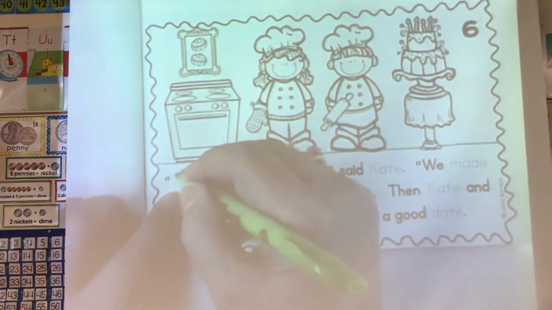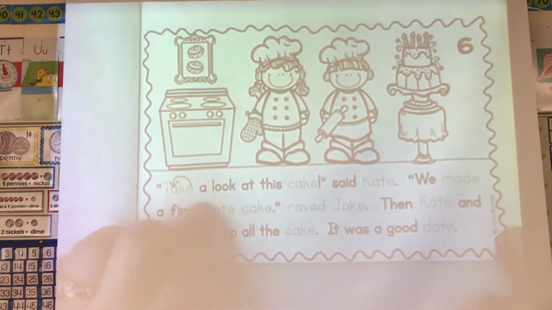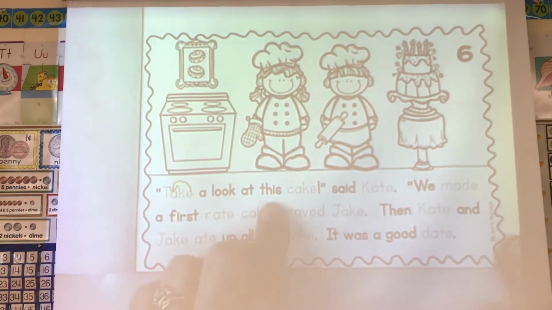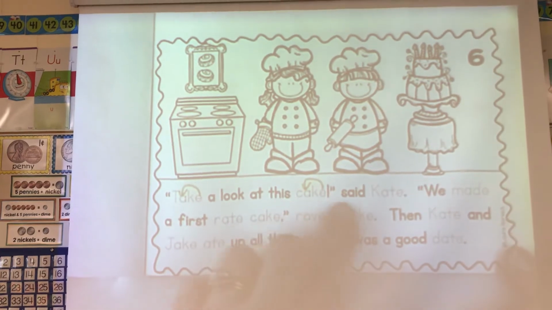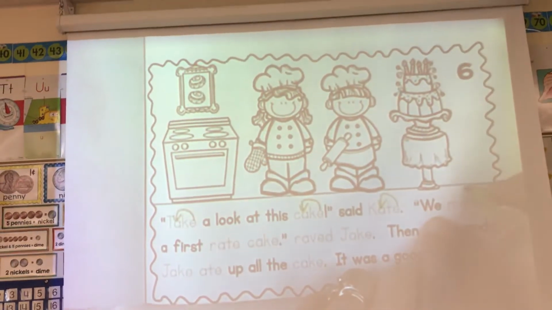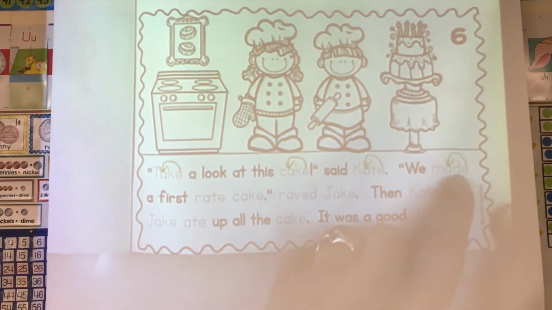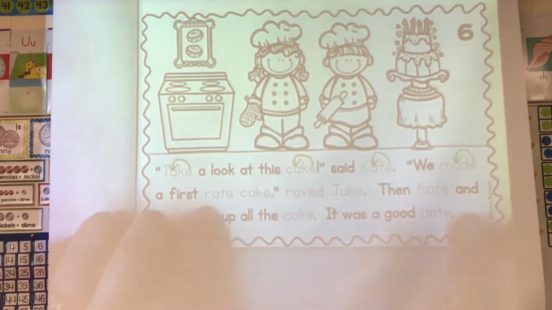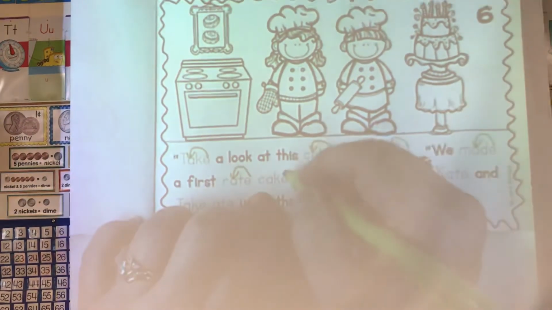Draw an arrow. The A says A. Take a look at this. Draw an arrow. Cake, said Kate. We, draw an arrow, made a first, draw an arrow, rate, draw an arrow,